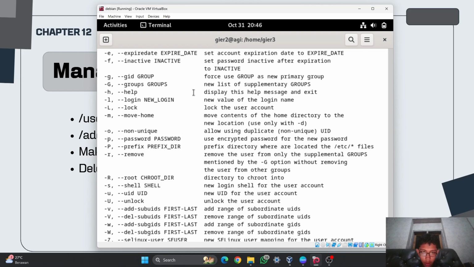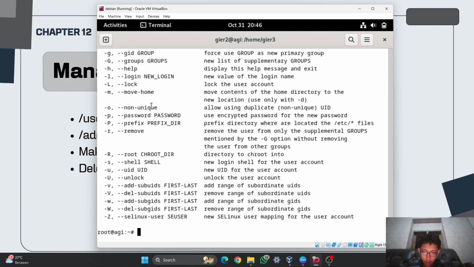Oh, there is groups. Wait, I will check using -g, big G. So here usermod, and then -G of group1, I want to add the user GR2.